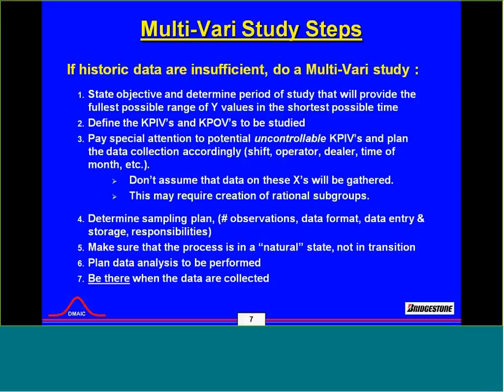The downside of historic data is sometimes it doesn't relate to our Y condition. We have all of this information, but we're not able to tie it directly to the specific time or the batch when the Y condition occurred. So that's why sometimes historic data is insufficient, right? What we want is to tie these KPIVs to my Y condition in order to improve my Y condition. So what we have to do is figure out what the condition is and